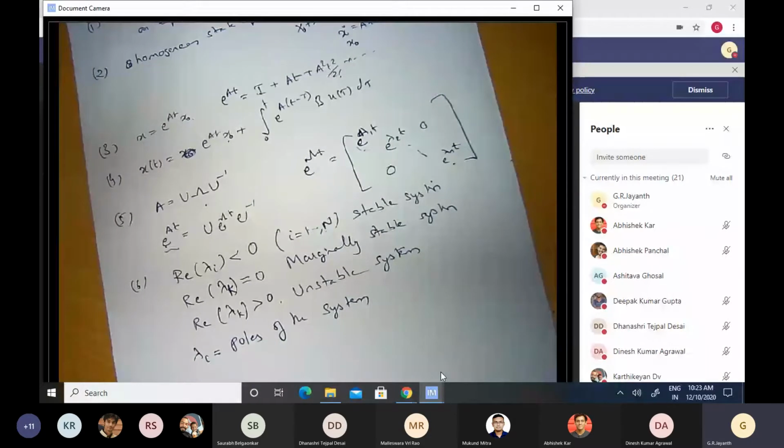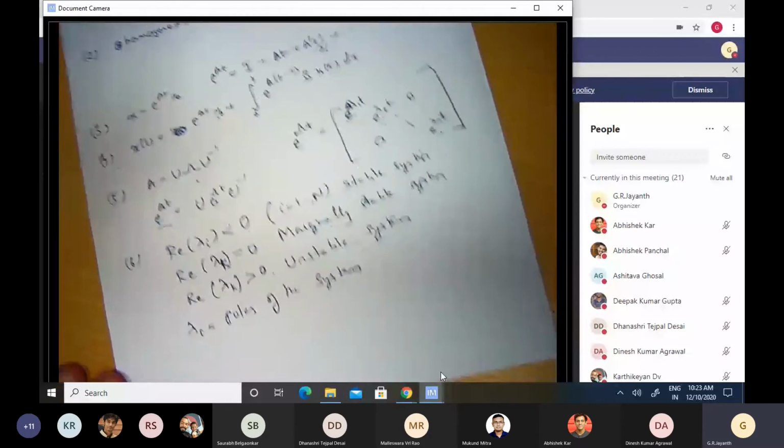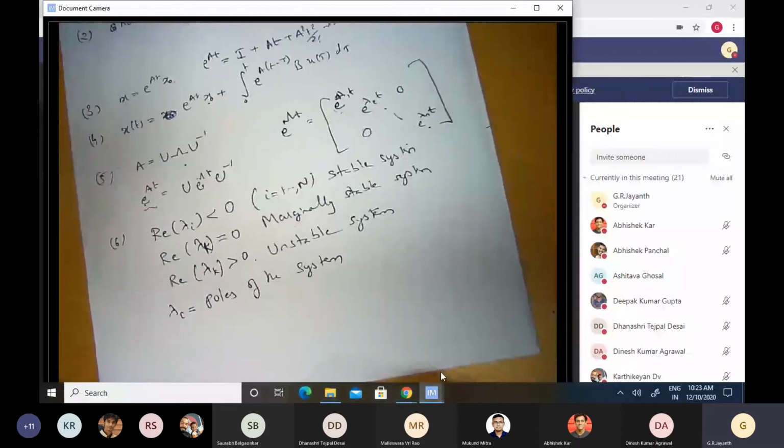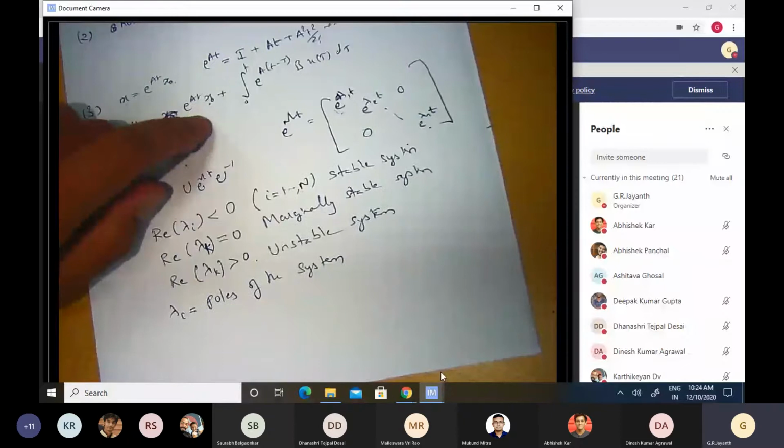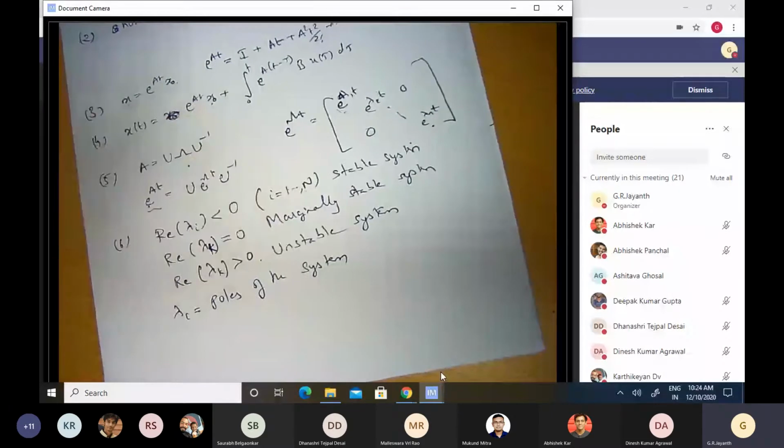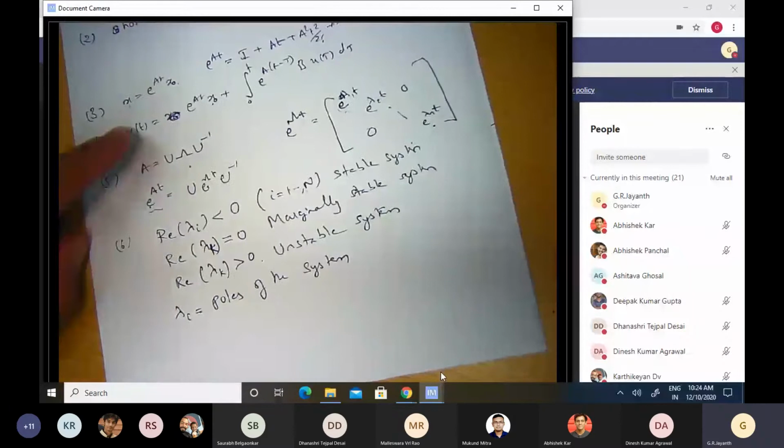But before we do that, I just did all of this in the previous class without taking up a practical example. So what I shall do in today's lecture, before we start on discussions in relation to control of dynamic systems, is take an example to show how we can solve these equations. If I have a certain initial condition x0 for a certain concrete physical system such as a pendulum, how do we obtain x of t, at least in the homogeneous case, at least when there is no forcing? Any questions so far?